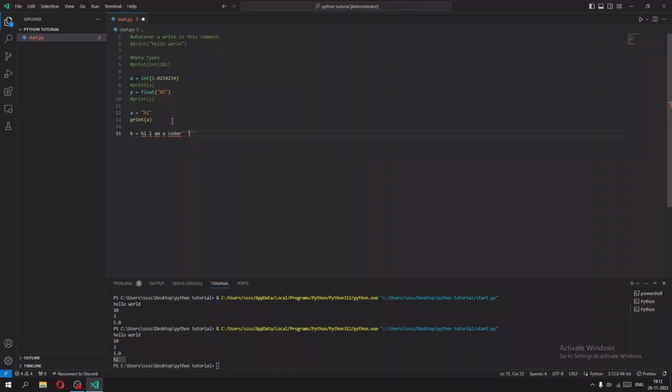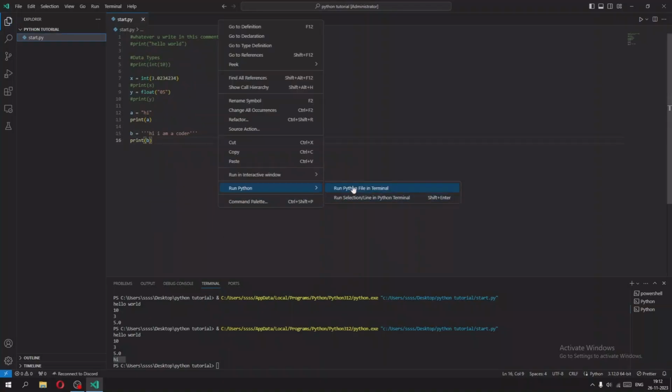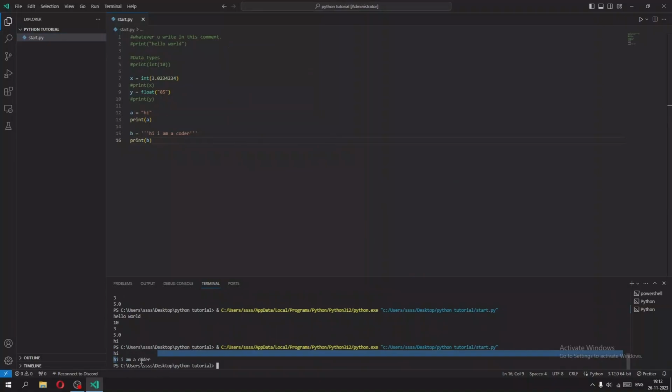For example, I put 3 of them here, then go back and put 3 here, and then print b. So here, as you can see, I run the command and it runs as it is